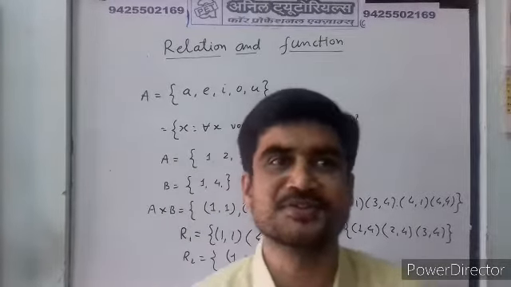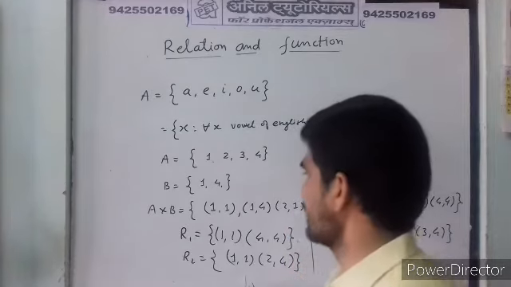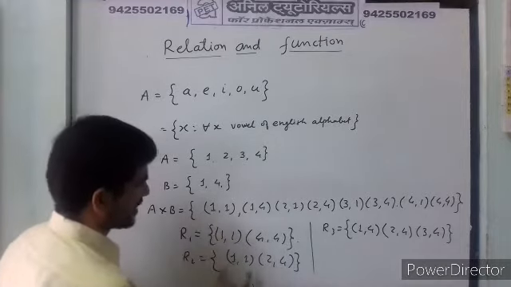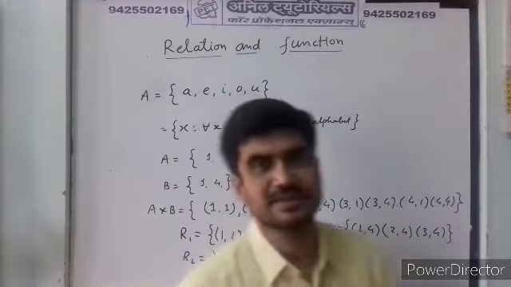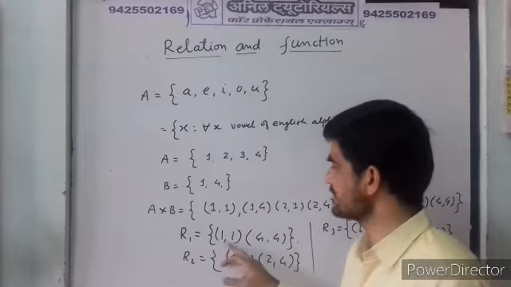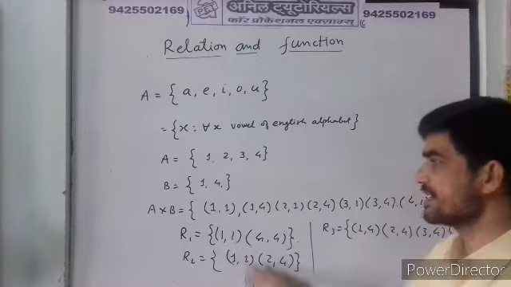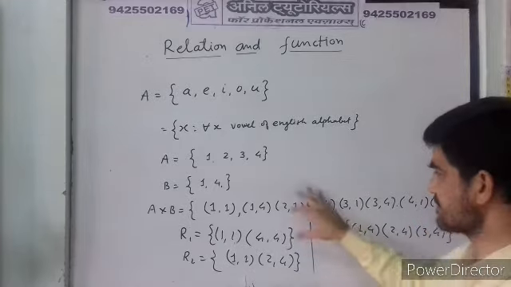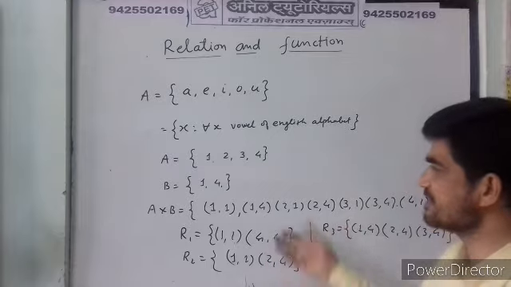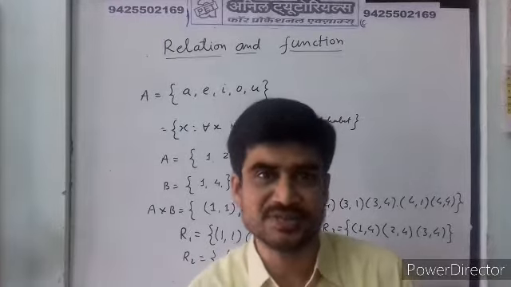Is it clear, children? So here I have written 3 subsets of this Cartesian product. I took {(1, 1), (4, 4)}, and {(1, 1), (2, 4)}. Just see the first set R1. Here we can get one relation, where the first element is equal to the second element. Here 1 is equal to 1, 4 is equal to 4. Is any other element of this subset fulfilling this criterion? No, children. Only these two elements are fulfilling this criterion. Means I am describing the relation: the first element is equal to the second element.